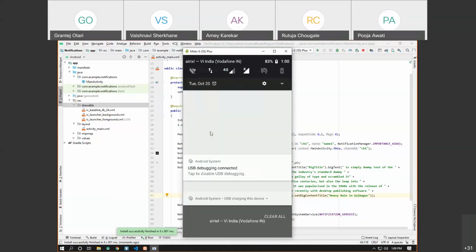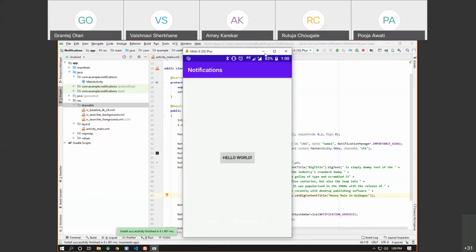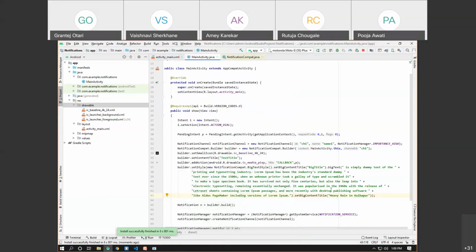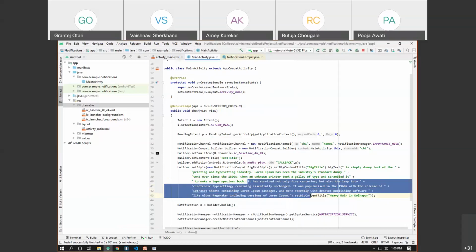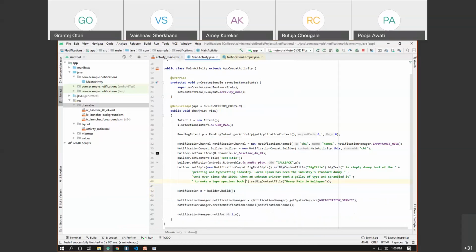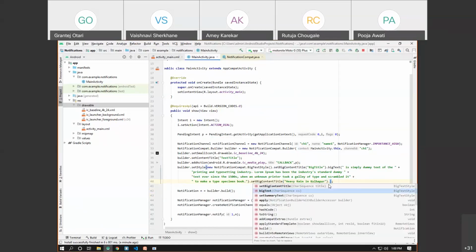Now, if you want to add some summary here, you can set the summary also. So let me remove the extra things that we are going to see here. Remove this text and we'll set the summary here.